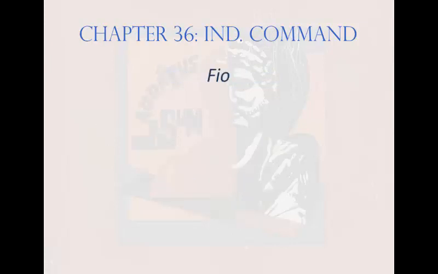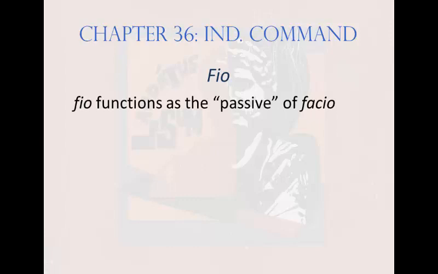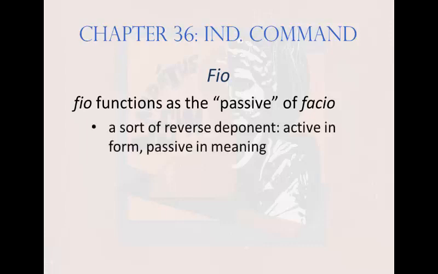The final part of the grammar in this chapter centers on another irregular verb, fio, which functions as the passive of facio in its present tenses. A verb that ends in o but is passive in sense? What? O is an active ending. Or is its passive counterpart. What's up with this? Some sort of reversed deponent? Wow, that's annoying. Fortunately, however you choose to describe fio, it's the only verb of its kind in all of Latin. We can count that as a minor mercy, I suppose.